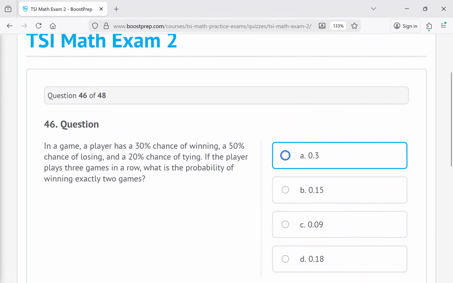46. In a game, a player has a 30% chance of winning, a 50% chance of losing, and a 20% chance of tying. If the player plays 3 games in a row, what is the probability of winning exactly 2 games? I would say,